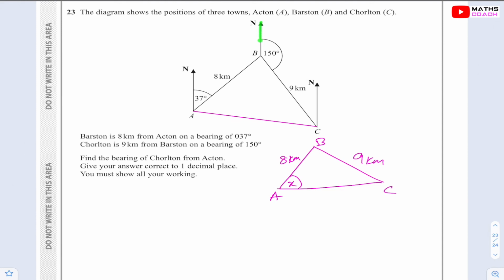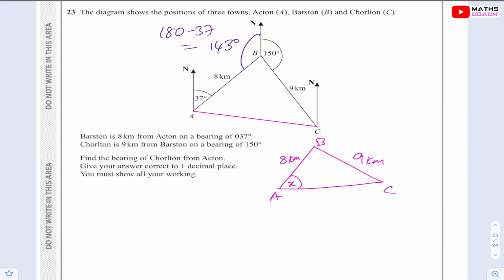Now you will see 2 parallel lines right there because they are the north directions. When you have 2 parallel lines like this, therefore these angles here are co-interior angles, which means they add up to 180. So to find what this angle right here is, you will do 180 minus the 37, and that gives you